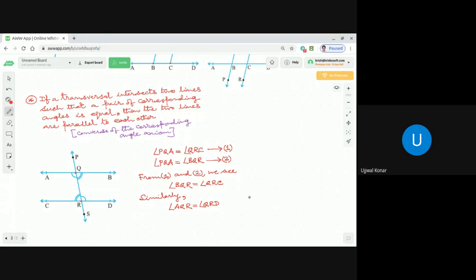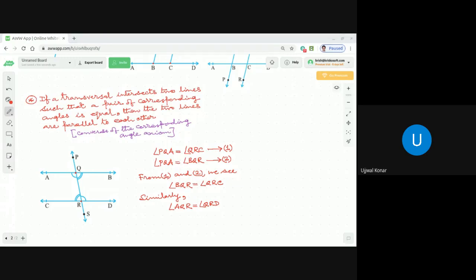Okay, dear students. Now, when we see that angle BQR is equal to angle QRC and angle AQR is equal to angle QRD, we are going to